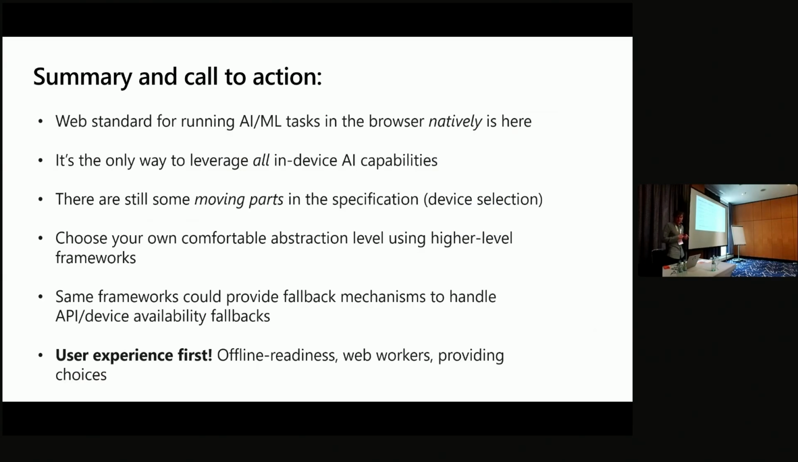Now, let's sum up what I've just presented. A web standard for running artificial intelligence tasks is here. It's available. And this is the only standard that supports all hardware. So this is a key differentiator from, for example, WebGPU, that has been with us for a few years. As this is an emerging standard and still a draft, there are still some moving parts. And it's a bit annoying, of course, right? Not what we want as developers, but yeah, living on the cutting edge of technology